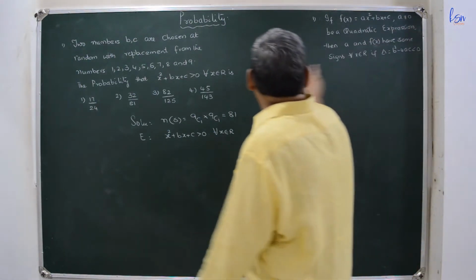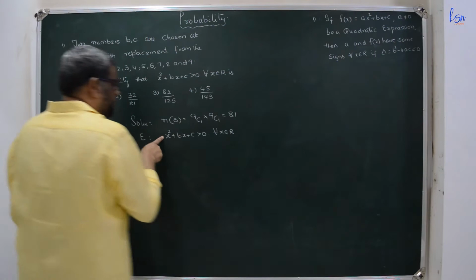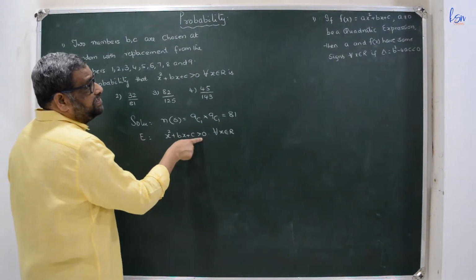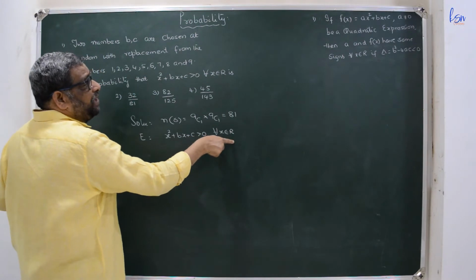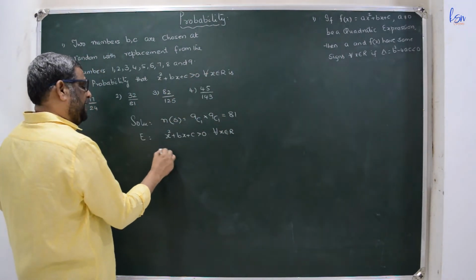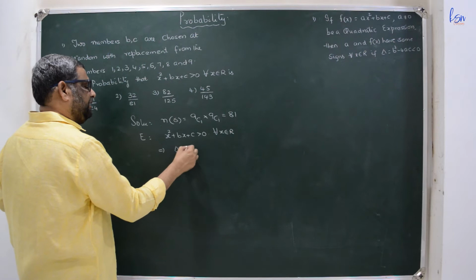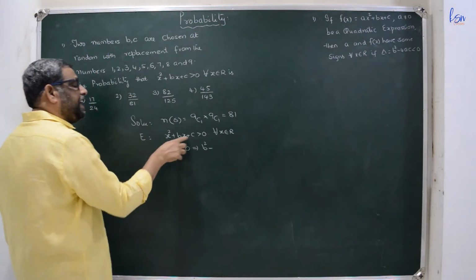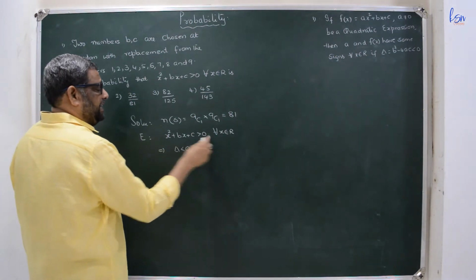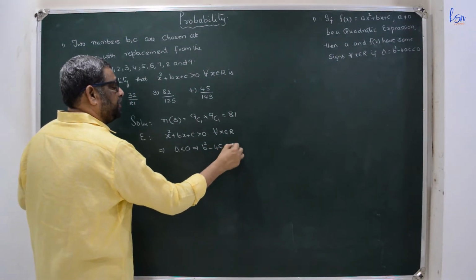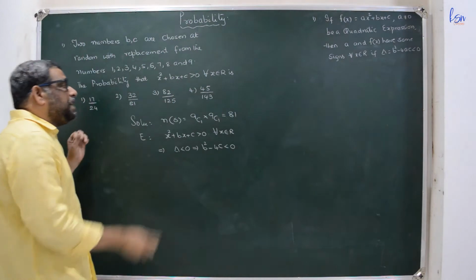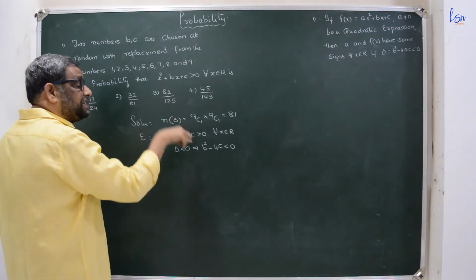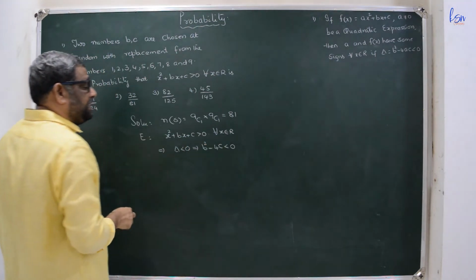Here a is the coefficient of x square. The coefficient of x square is 1, positive, and the expression is also positive. Both are having the same signs. It must be true for all x belongs to R. By that formula, here delta must be less than 0. That means b square minus 4ac must be less than 0. Now we have to choose the numbers b and c from this collection in such a manner that it must satisfy b square minus 4c is less than 0.